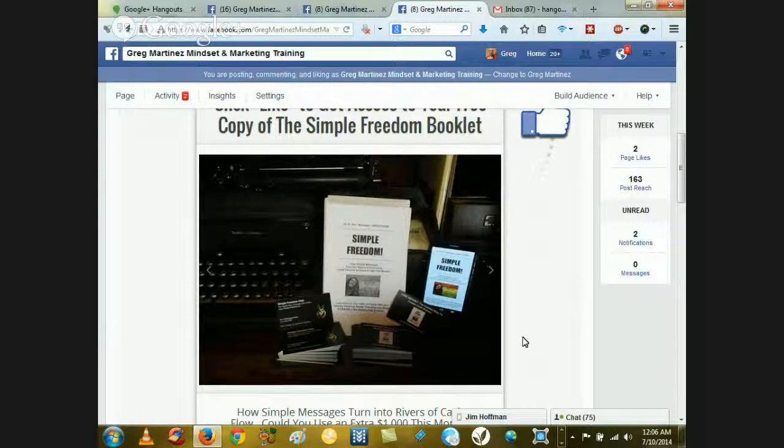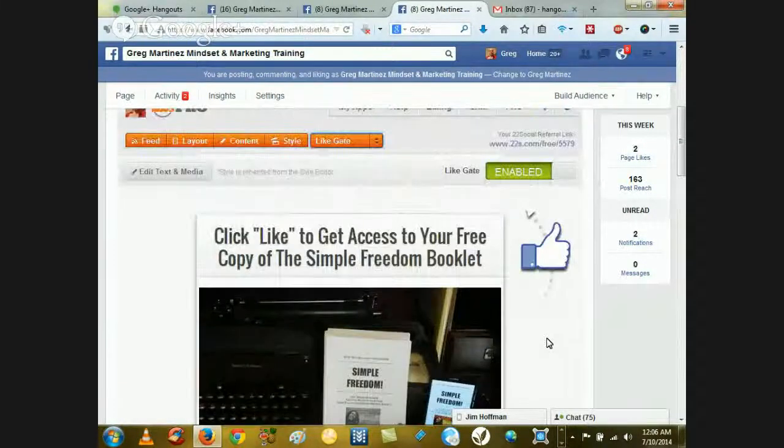There's various ways you can share it on Facebook. You can share it in a number of ways. However you can get this booklet to somebody, you can do it. We already have the ways to do it. So that's what this is promoting, right? Now I'm going to go back to the content,